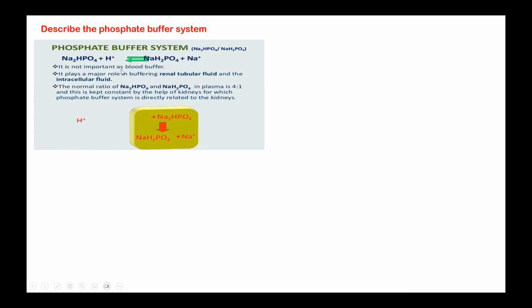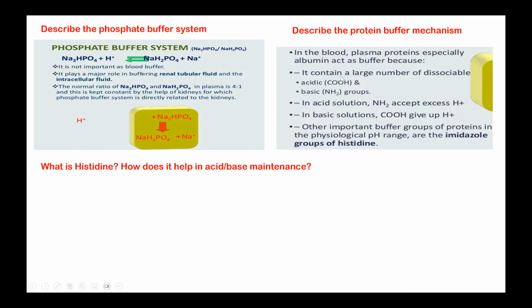And this is a buffer present in the blood. Important buffer in the blood. It is not so important in the blood, but it is more in the renal tubular fluid. So this phosphate buffer mechanism acts mainly in the renal tubular fluid, even before the other mechanisms of the renal system come into play. Now coming to the protein buffer, it contains plasma proteins like albumin, which also act as a buffer,